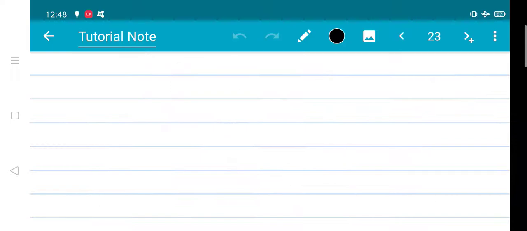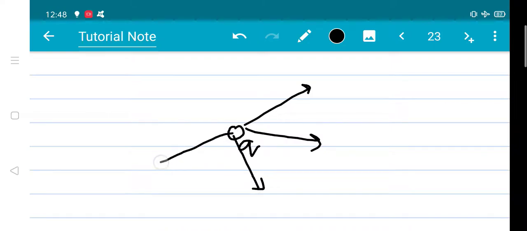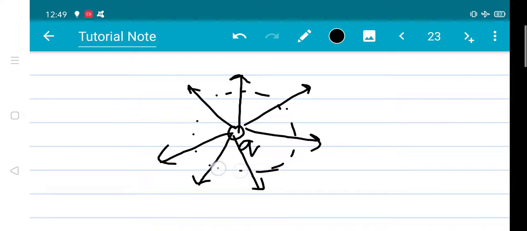Another example that we can take is an isolated point charge. Suppose there is an isolated positive charge Q. Now if we draw its field lines, we know that these field lines will be radially outwards, like this. Now if we assume a surface, like we did in Gauss law, where we assumed a Gaussian surface, what will be the most appropriate surface for an isolated charge? It will be a sphere. So if we draw a sphere around this charge, we can see that at every point the electric field lines are perpendicular to this Gaussian surface.